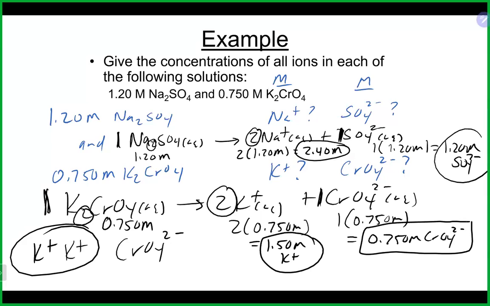Once again, same idea here. For every one of those units that go for a swim, we get twice as much potassium ions floating around as we do chromate. So the concentration of potassium ions is twice that of